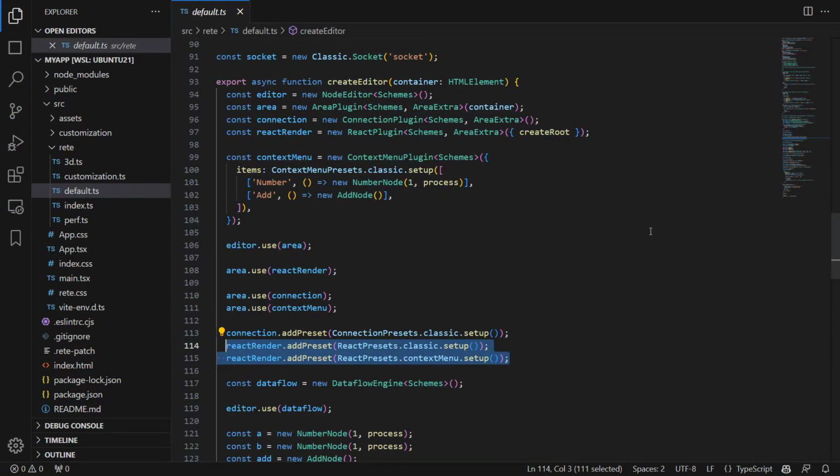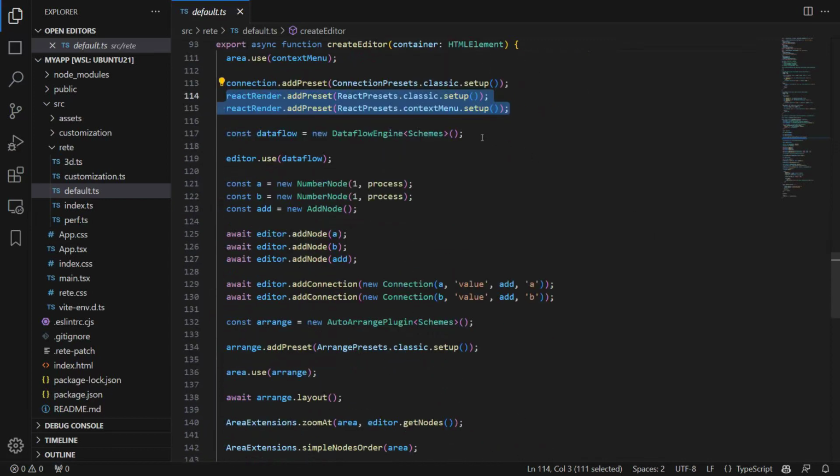For example, for the React plugin we add a classic preset that is responsible for rendering nodes and connections, as well as a preset for rendering the context menu. As we've chosen Dataflow feature, in this scenario, we establish an instance of Dataflow Engine from the engine package. This instance handles data processing between nodes based on the appropriate approach.